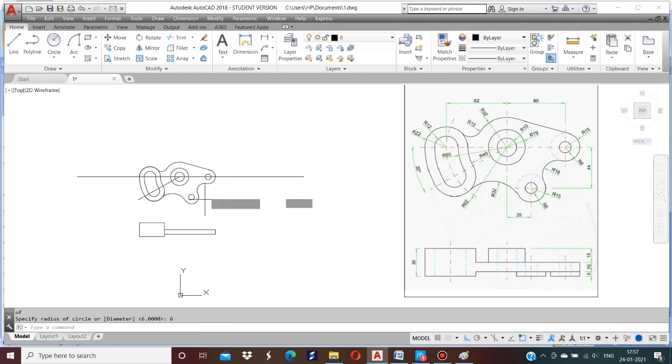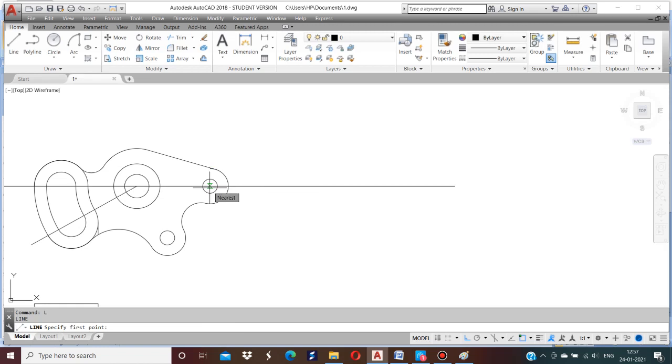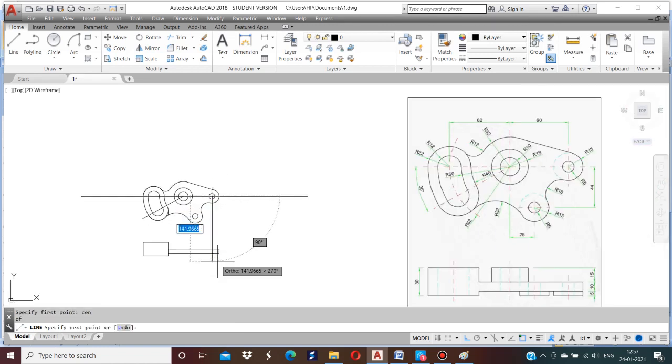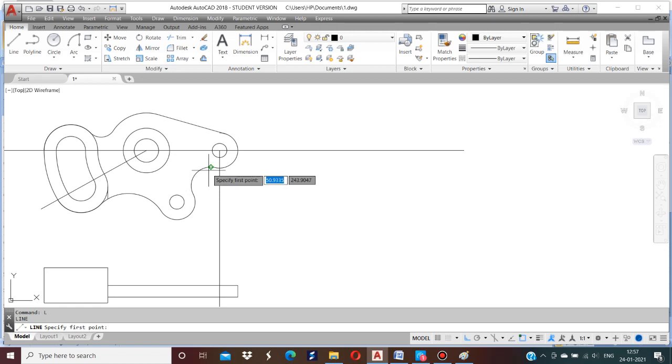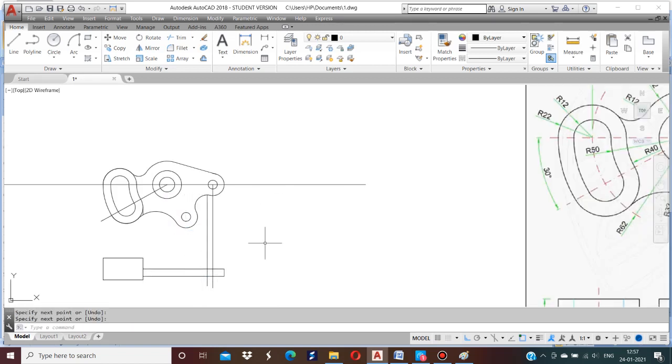Now from here, draw a line from the center to the side view, and here also draw a line.